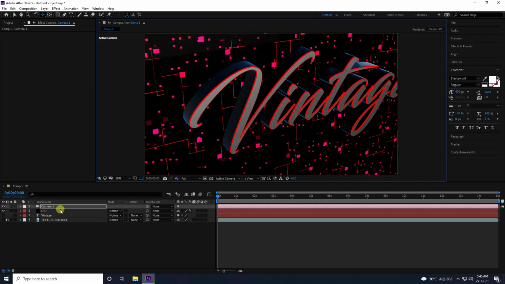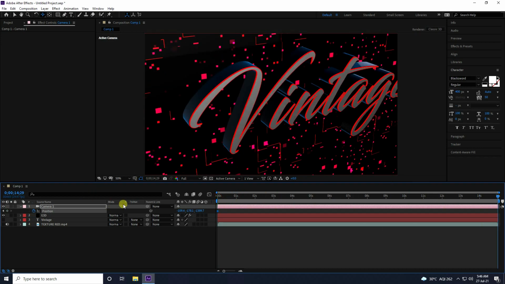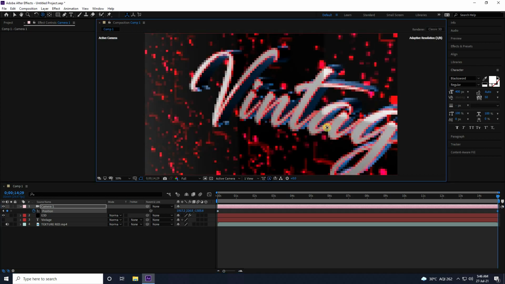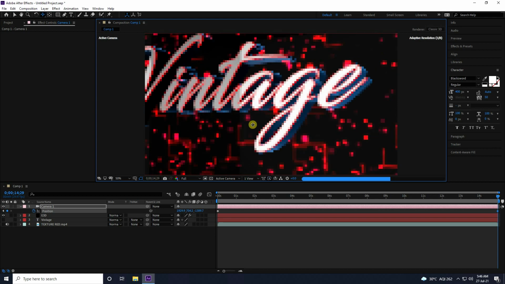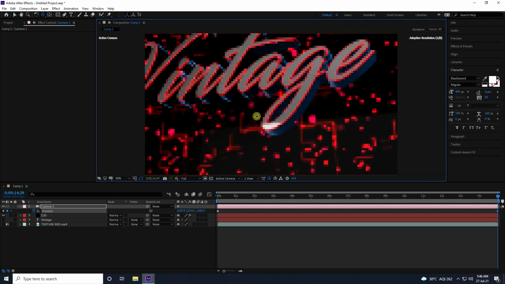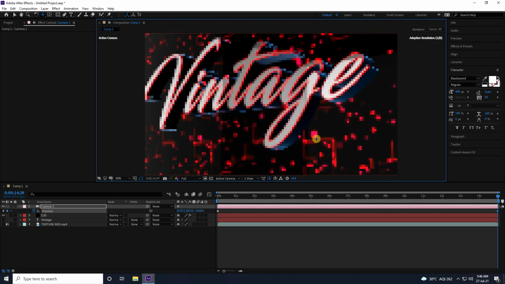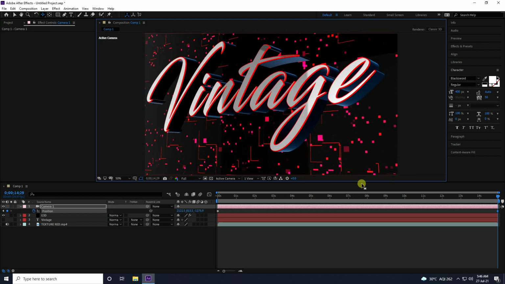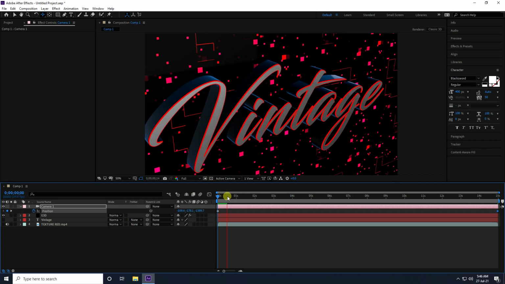Select this camera and press P, position check. Guys, I create a camera movement animation. So go to the last one and press C, camera rotate. Yeah, good. See guys, that's my simple camera movement animation.